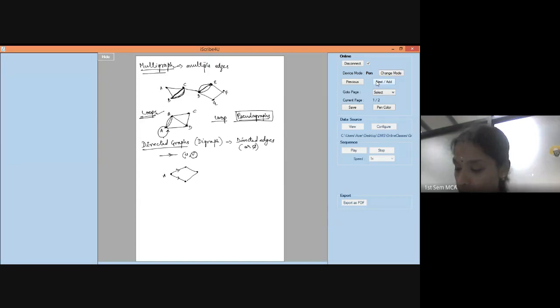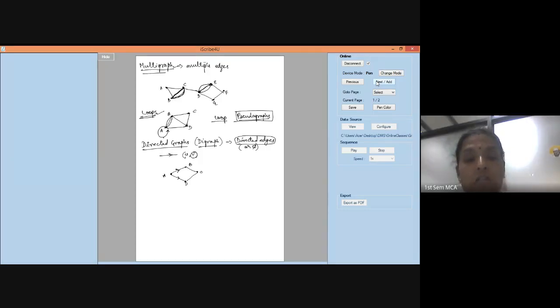If I show like this, suppose A, B, C, D. All right, I'm showing some arrows. So far we saw graphs wherein there was no arrow at all. That means if you are not showing any arrow, then you call it an undirected graph. Whereas when you show some arrows, directed graphs or digraphs will always have some directed edges. Directed edges means there is going to be an arrow on each of the edges.